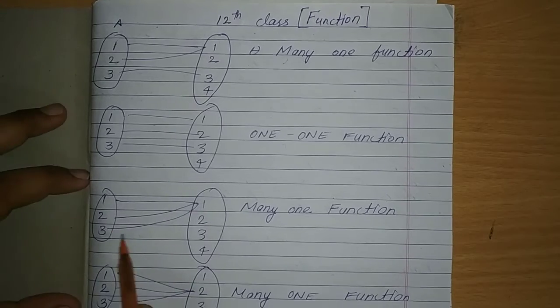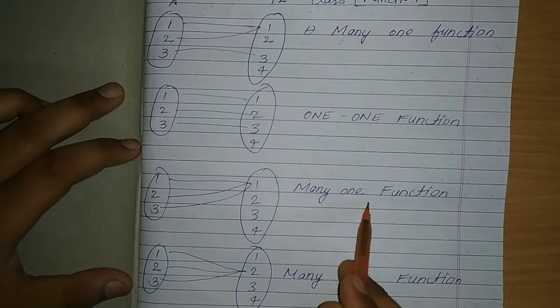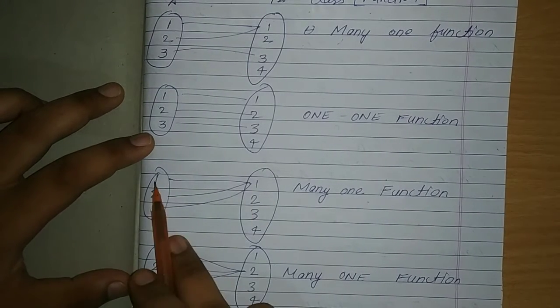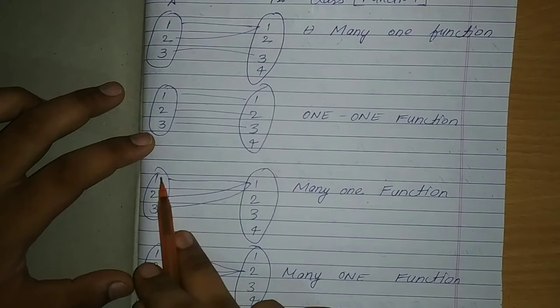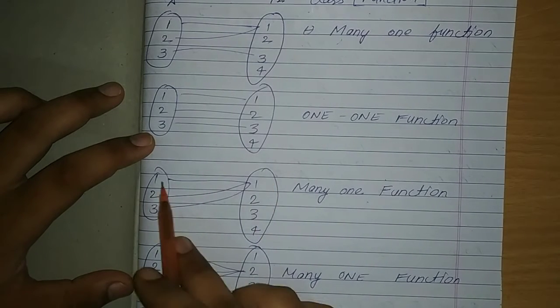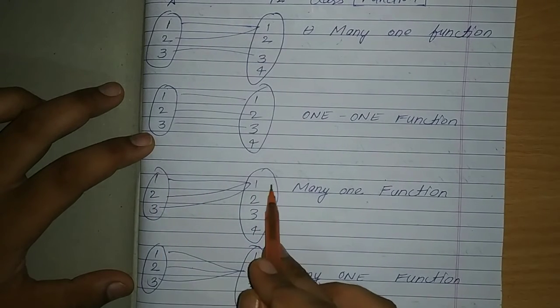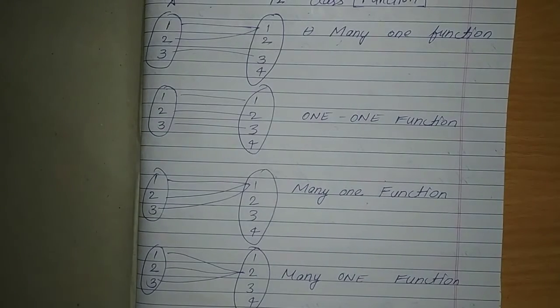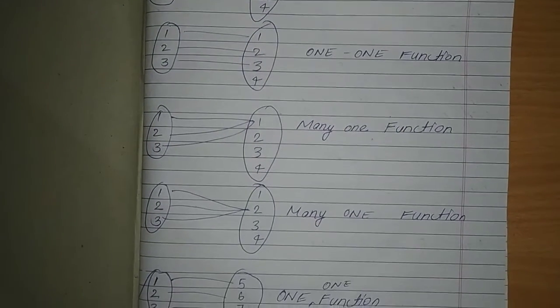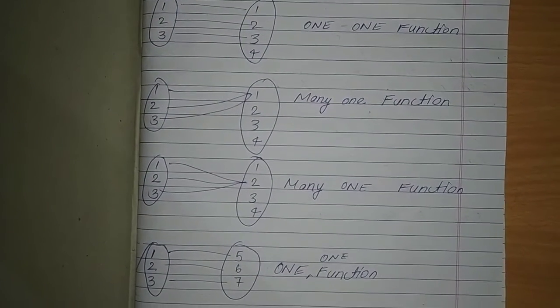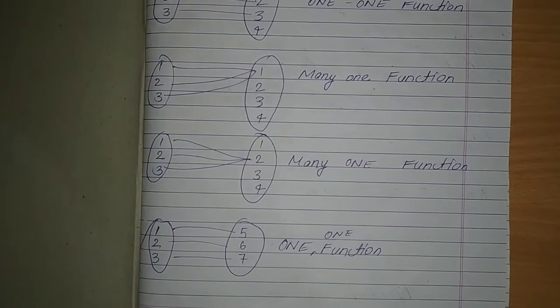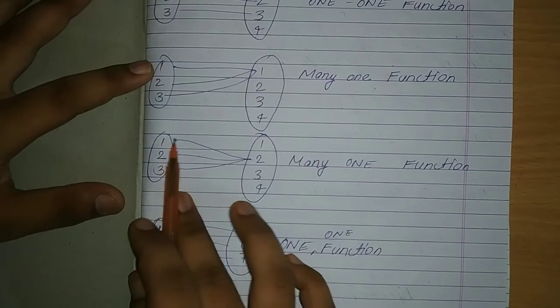अब अपन तीसरे एग्जांपल पर आते हैं. ये एक मैनी वन फंक्शन क्यों? देखो 1, 1, 2, 1, 3, 3, मतलब मैनी आर रिलेटेड विद 1, मतलब तीनों एलिमेंट्स की एक ही इमेज, तो मैनी वन फंक्शन हो गए, सीधी सी बात है। अब उसके बाद अपन आ जाते हैं अपने लास्ट 2 एग्जाम्पल्स पे, ठीक है। तो लास्ट 2 एग्जाम्पल्स क्या हैं, ये देखो।